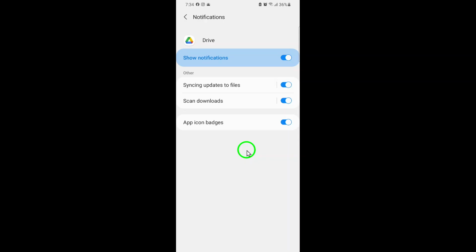Tap on this setting, and you'll get a few choices. To hide these notifications from your phone's lock screen completely, select Don't Show Notifications. And that's it. From now on, any approval request coming through Google Drive will no longer appear on your lock